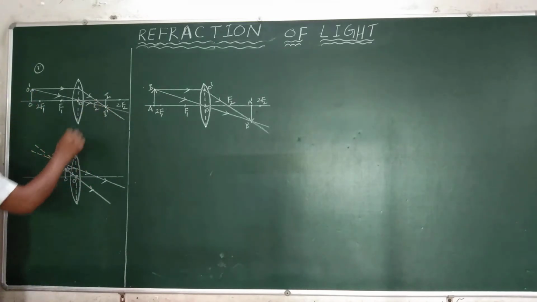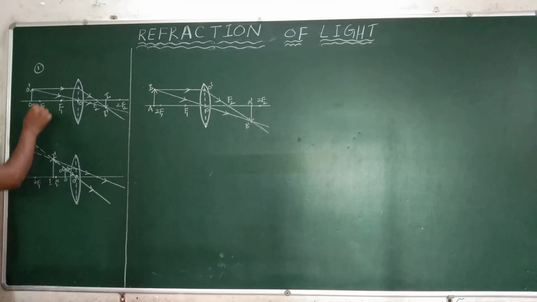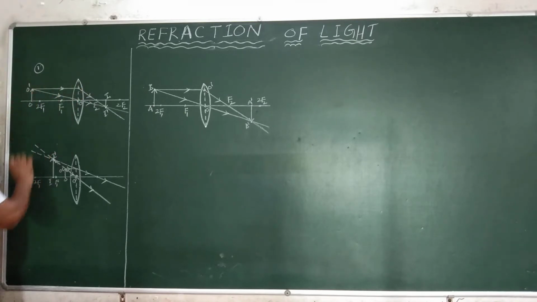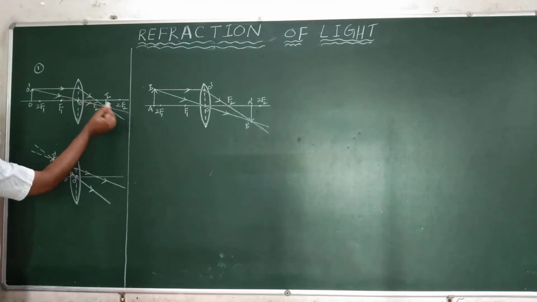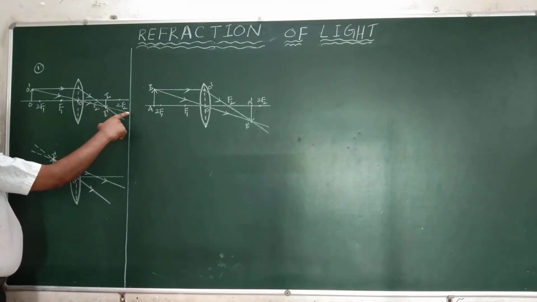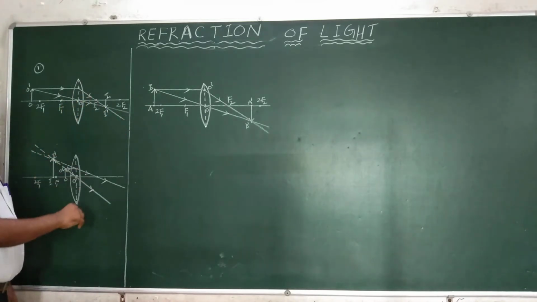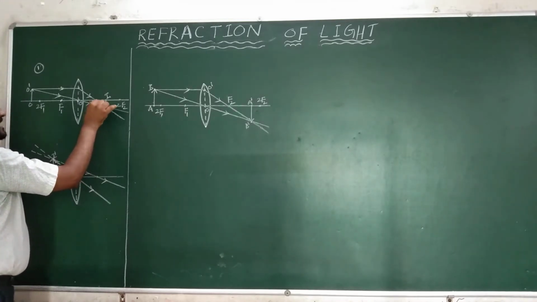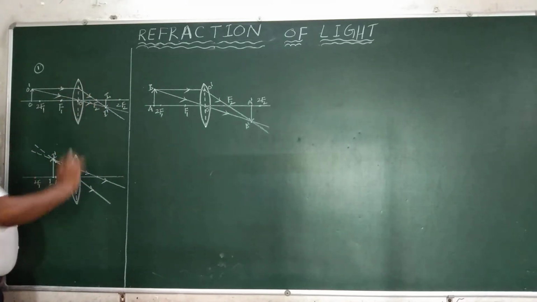To form the image by the convex lens, we use the rules. One is the light ray incident on the convex lens parallel to the principal axis. After refraction, the refracted ray passes through the focus, that is f2. Third rule, the light ray which passes through the optic center is undeviated. So this is the refracted ray, and this is also a refracted ray. These two intersect at this point to form the image. That's why it is a real, inverted and diminished image.